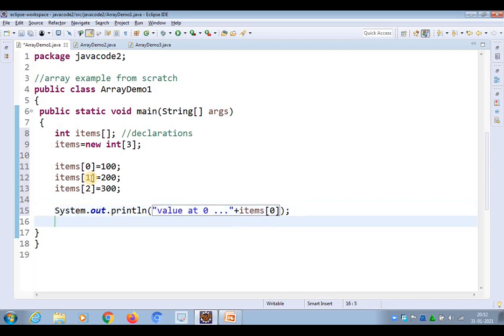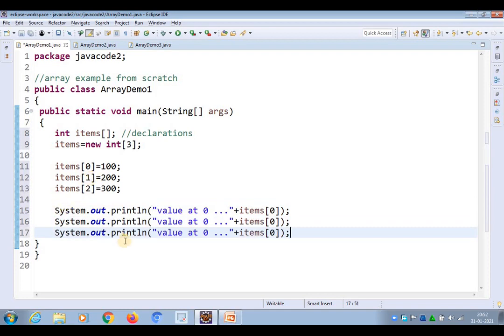Let's copy and paste. In that one, change 1, index is 2, later change 1 and it is 2. Let's execute the code. Press Ctrl F11 to execute the code.